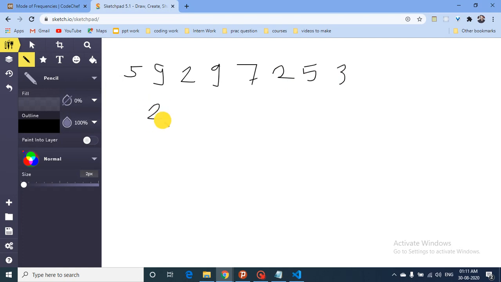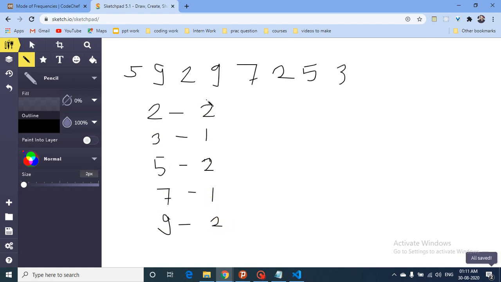Let's see that. There are the numbers 2, 3, 5, 7 and 9. Now 2 occurs 2 times, 3 occurs 1 time, 5 occurs 2 times, 7 occurs 1 time, and 9 occurs 2 times.